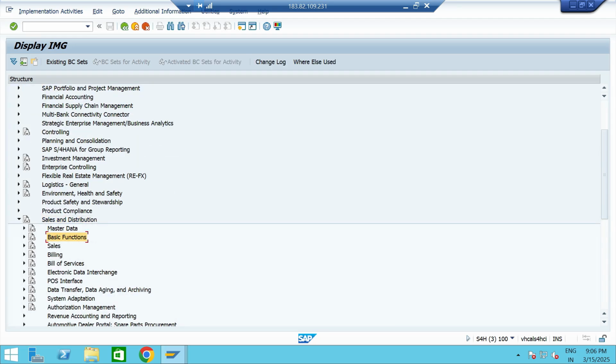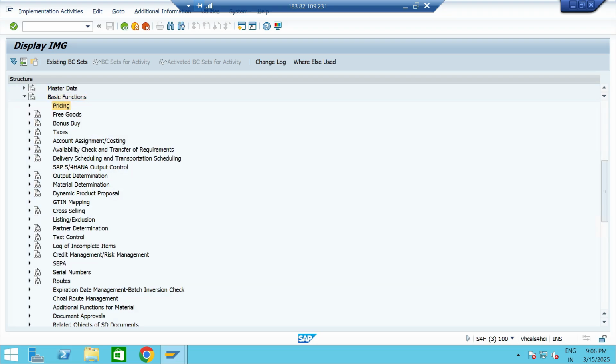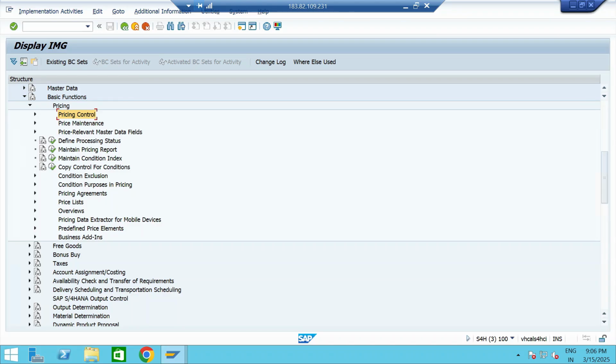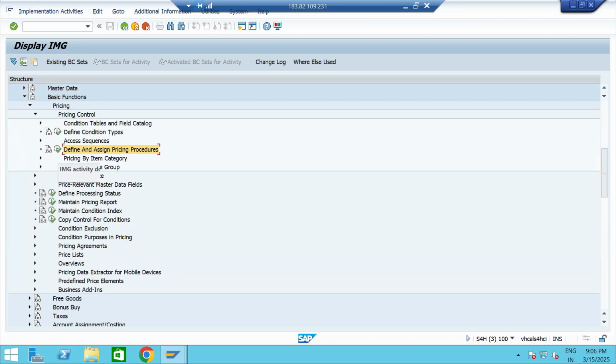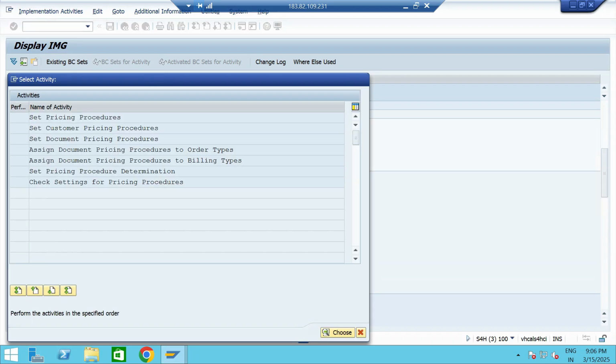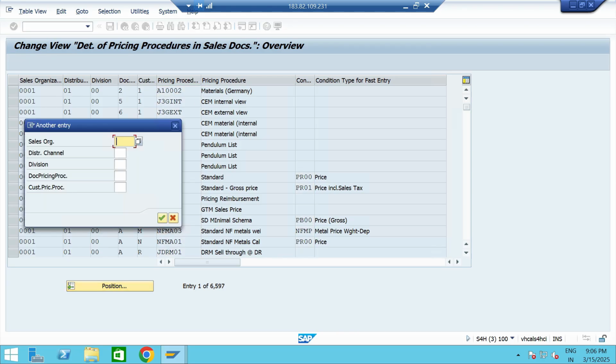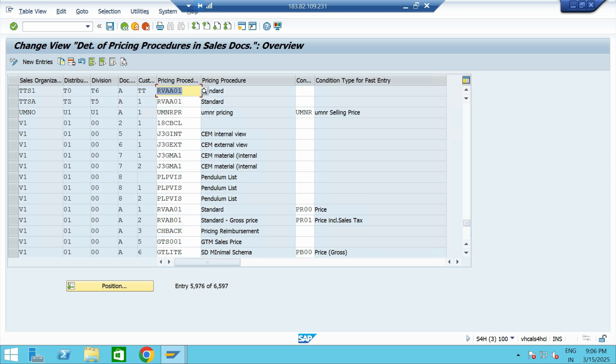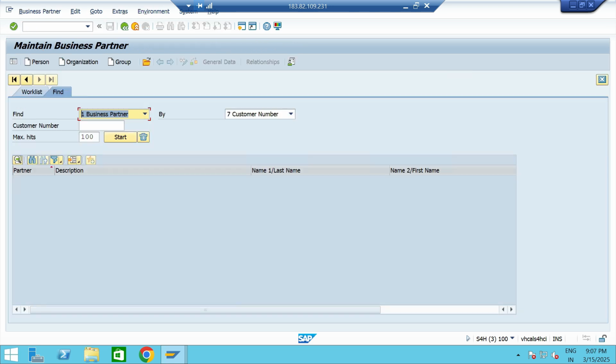So then go to basic functions, pricing, pricing control, define and assign pricing procedure, execute, set pricing procedure determination, select position, enter the sales organization TTS1. So here the customer pricing procedure is TT, it is not 1, actually it is TT. Go to /nBP, select our customer